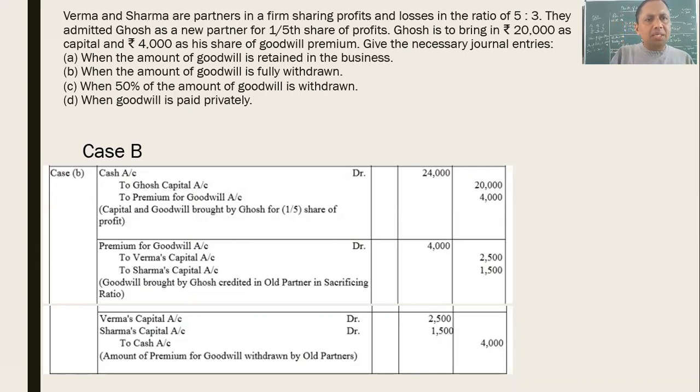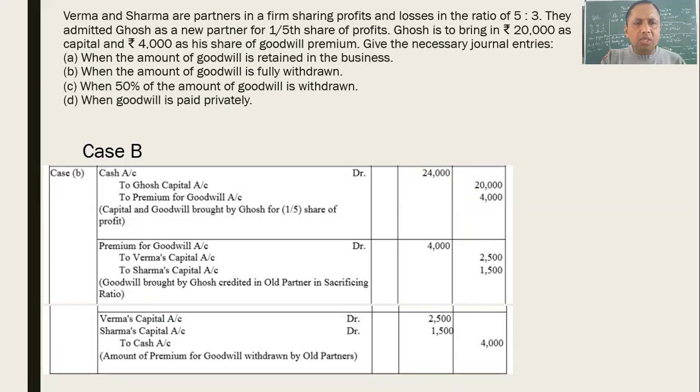So the B case, when the amount of goodwill is fully withdrawn. The whole amount which is brought by the new partner, Ghosh, is withdrawn in cash, so it is not retained in the business. So goodwill is withdrawn in cash. So the first entry is cash account debited to Ghosh capital to premium for goodwill, 24,000, 20,000, 4,000. So the narration is capital and goodwill brought by Ghosh